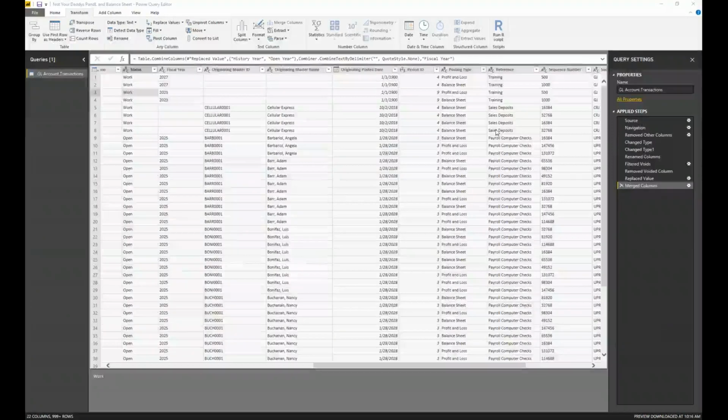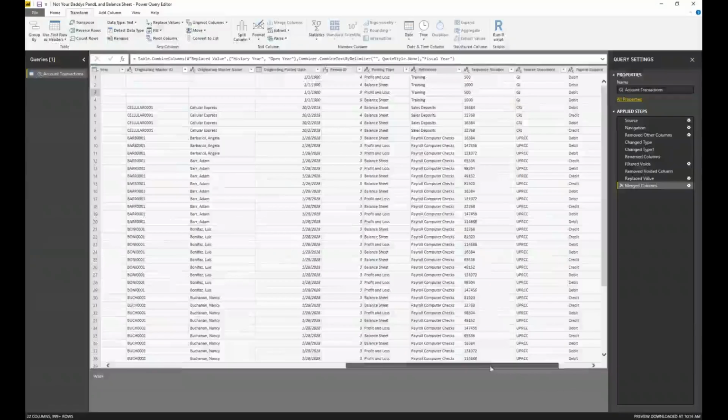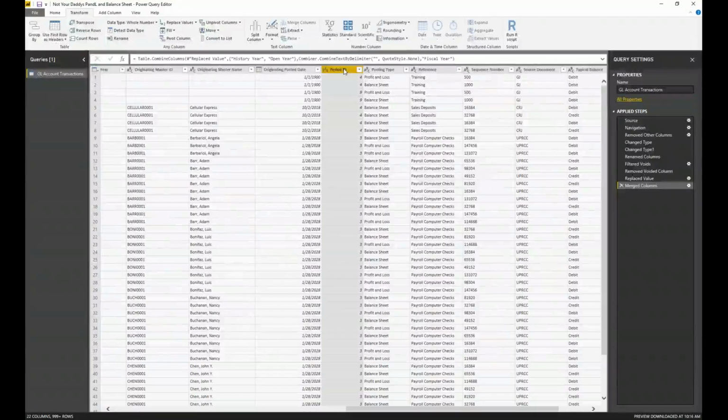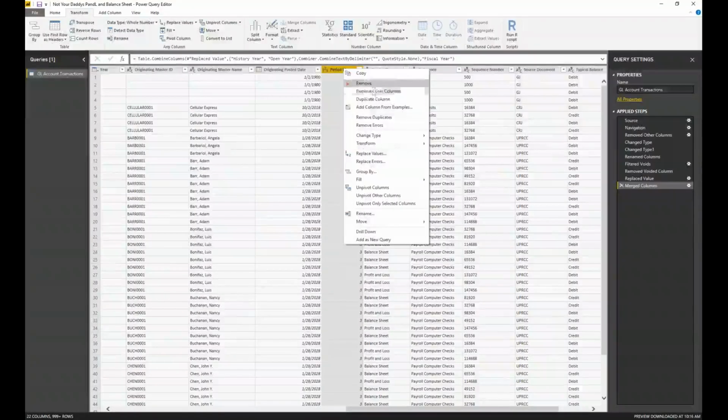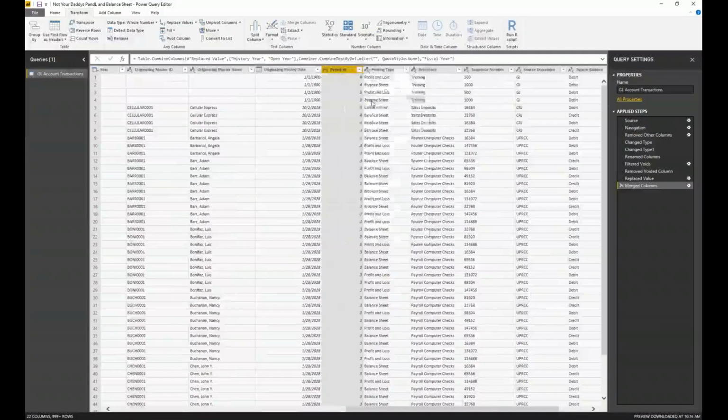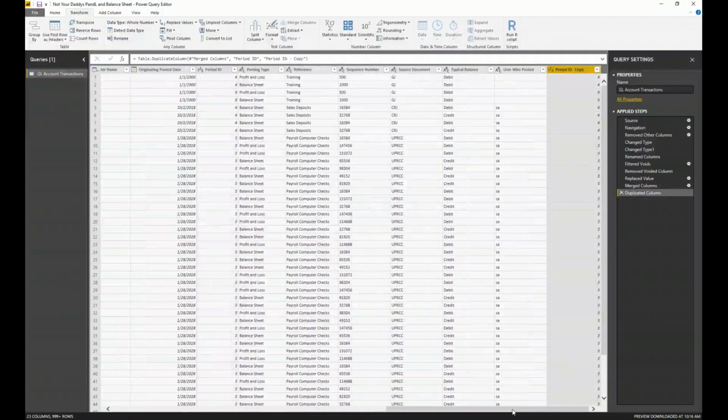Now, if you want to be able to use a field in a slicer value or a filter where it has the fiscal period and the fiscal year next to it combined, so you don't have to use those independently, we can do some things to make that happen as well. So let's do that now. What I'm going to do is take this fiscal period and right mouse click and duplicate the column. There we go.